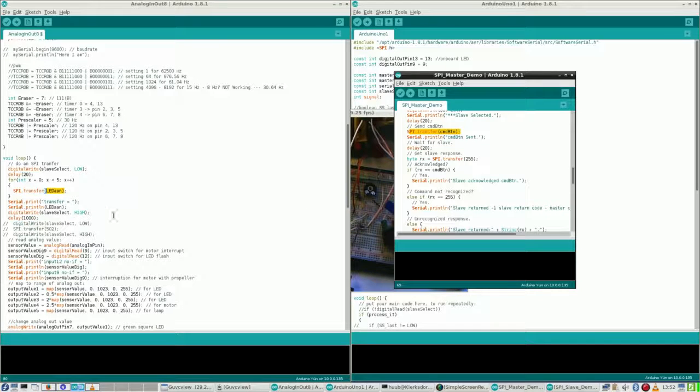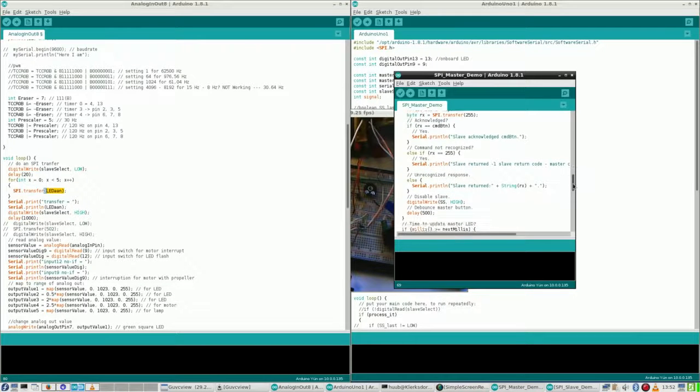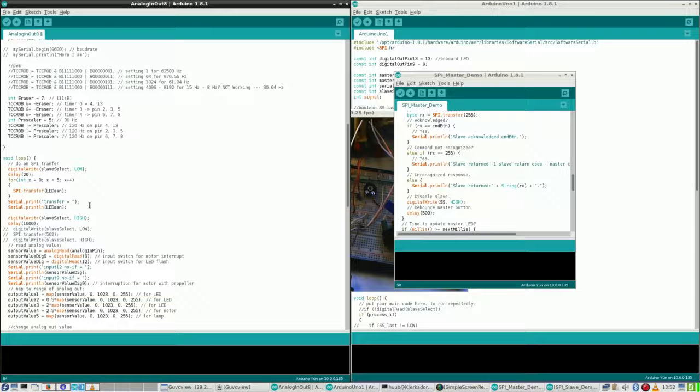Then get slave response. Where does it get? The question is also digital write high. Where does it get high? Here it gets high. So before it gets high again, I say here